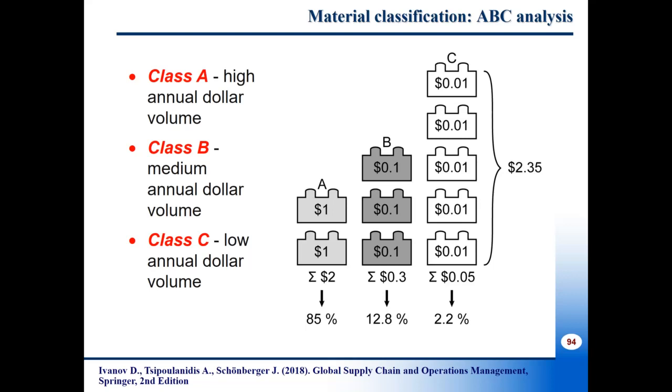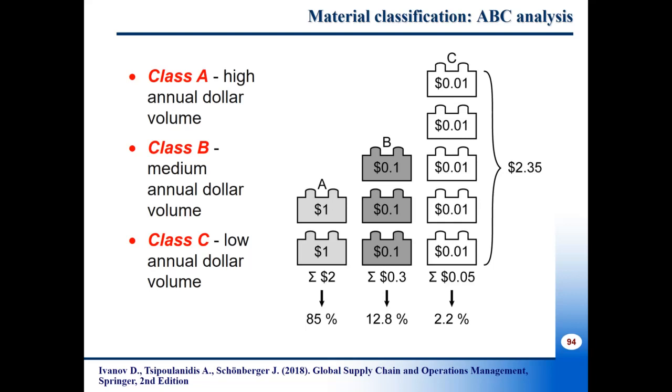Assume that one red block costs $1, one green block costs $0.1, and one blue block here is a white block costs $0.01. You can easily calculate the total inventory cost. It is